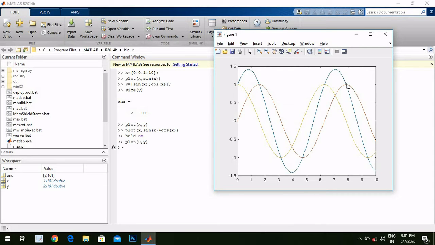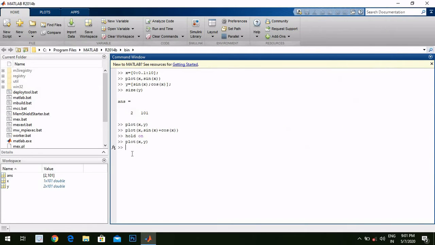Now what if I need to change the color of this sin x plus cos x waveform, right? Can we do this over here? Let's check. Over here, we can write plot x, sin x plus cos x, right?